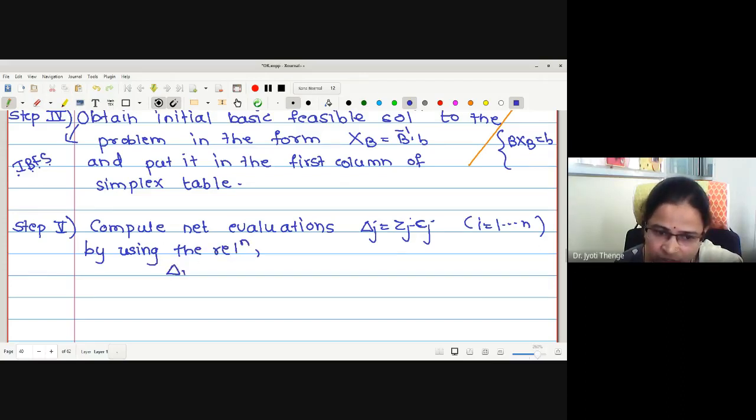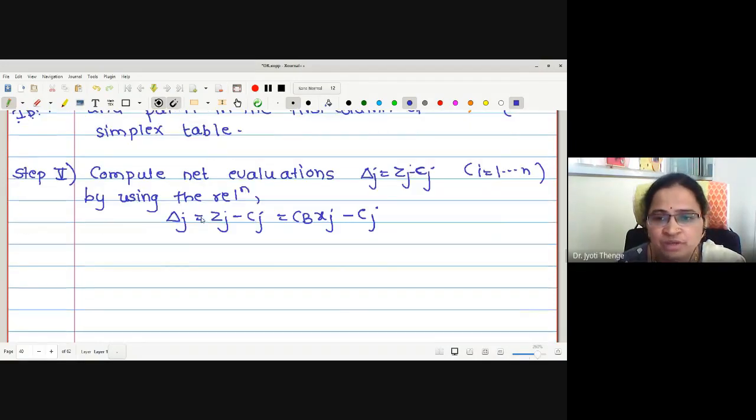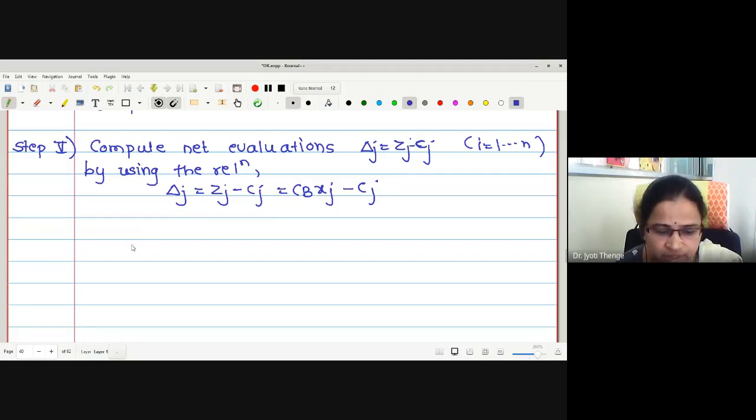What is the relation? Delta j is equal to zj minus cj, which is actually CB xj minus cj. And after computing, we are going to observe the signs. Therefore, here I will write two more substeps. I will write: examine the sign of